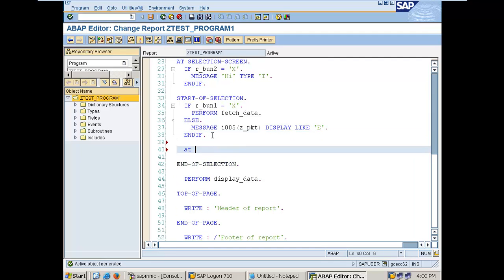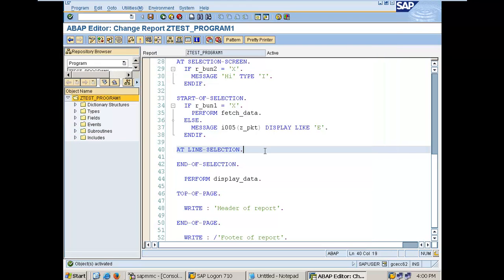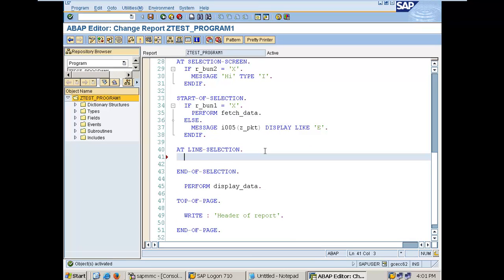So this is one of the events, at line selection. This event would actually go and capture the value of that particular material number on which we are doing a hide, which means on the material we are trying to do a double click. So at line selection, what we are going to do, perform